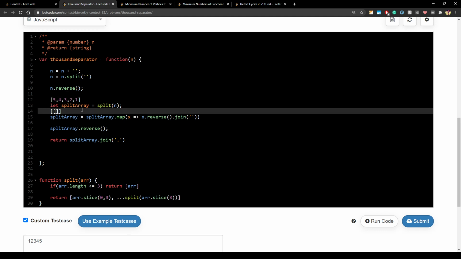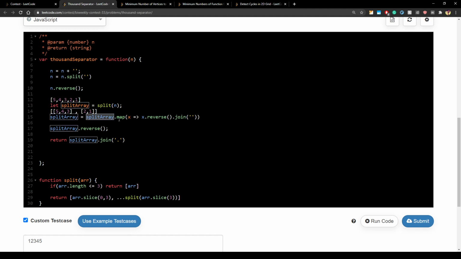What will it look like after this? I am assuming it will look something like 5, 4, 3, and then there will be another array which will contain the later part, right? Now after that, I am reversing this and joining each individual element. I'm moving over this array, and for every individual array I'm reversing it and joining it with an empty string.